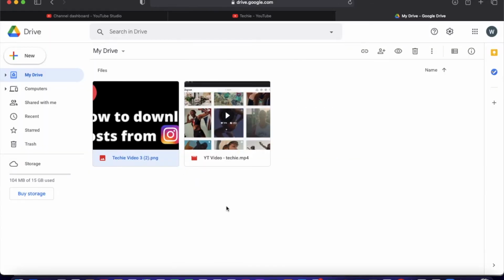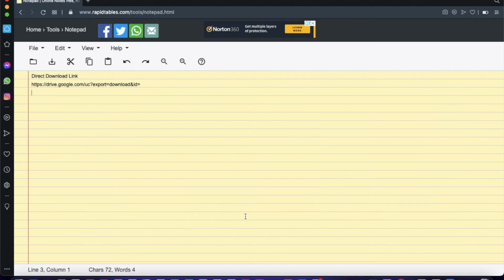Now I already have a pre-written command for you guys, which is this direct download link command which I have mentioned. Let's just paste the link which we copied. So you see here we have a big link here, and the commands are pretty much different than what is mentioned above. Above command says export, download and ID. The below URL is nothing but the file link which you just copied from the Google Drive. This is the ID of your file, which is alphanumerical along with some special characters as well.